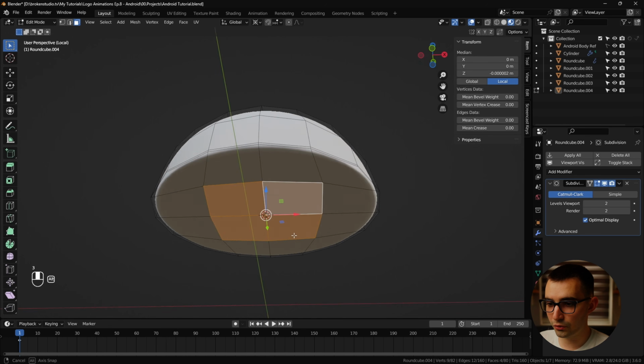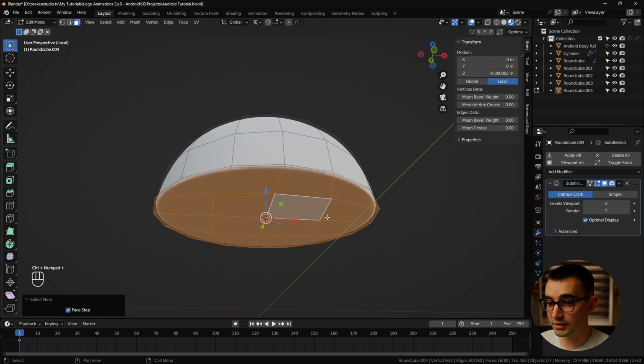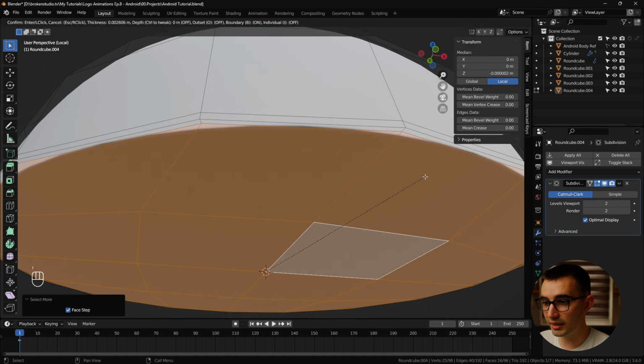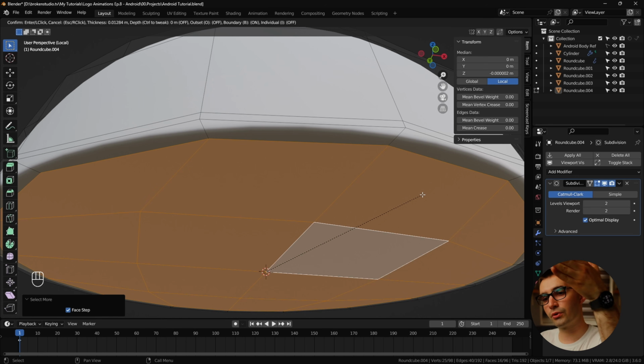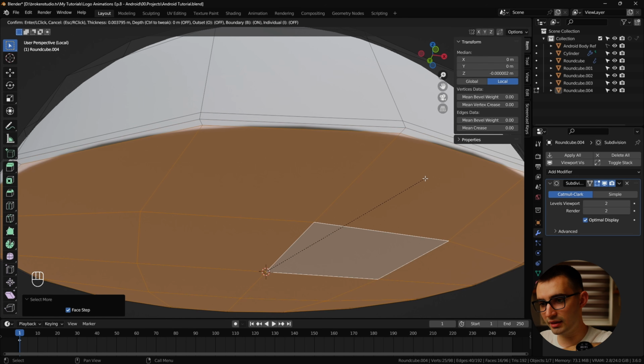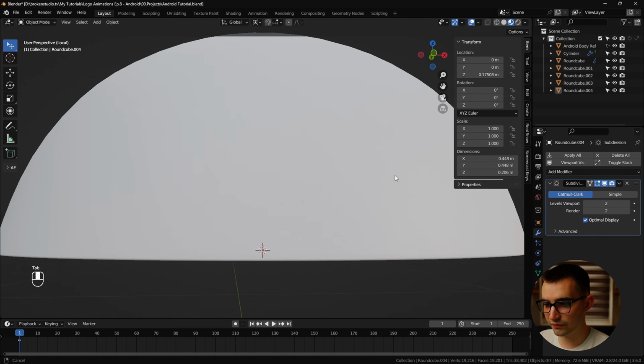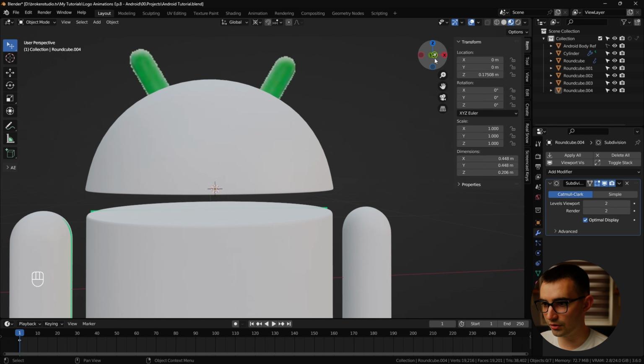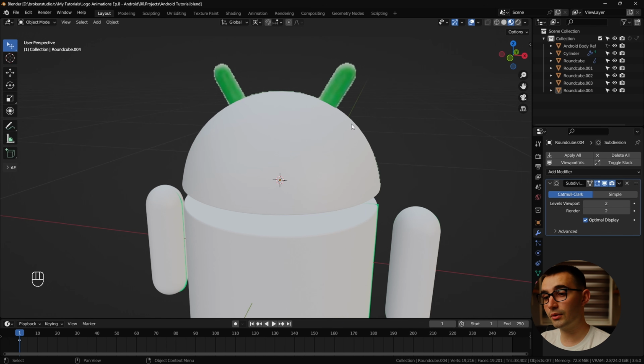We'll select the middle 4 faces, hit Ctrl+ to expand the selection, and then we'll do I to inset and then drag it down. The more we inset, the more we leave room for the curve. The less we inset, the sharper that turn gets. So maybe something like that is fine. And this way we get rid of the shading issues as well as keep the curve. That looks great. All right, now moving on, we're gonna start adding the details such as the ears and the